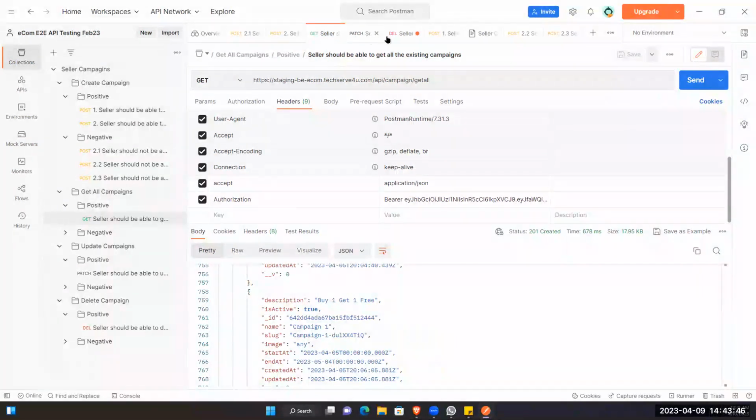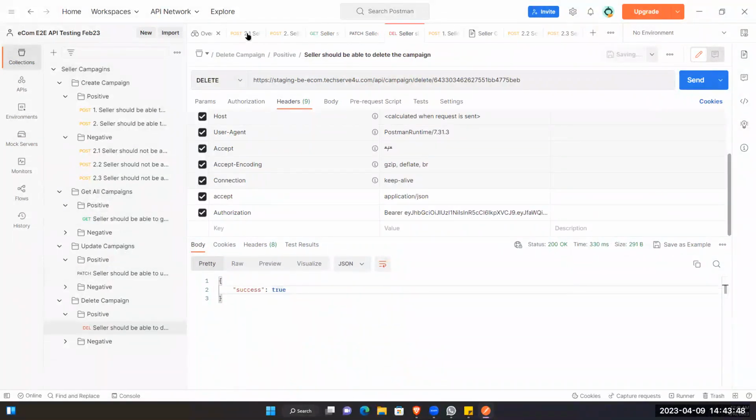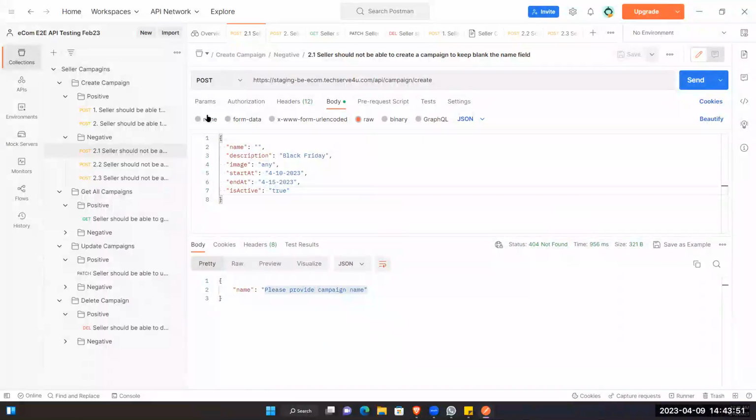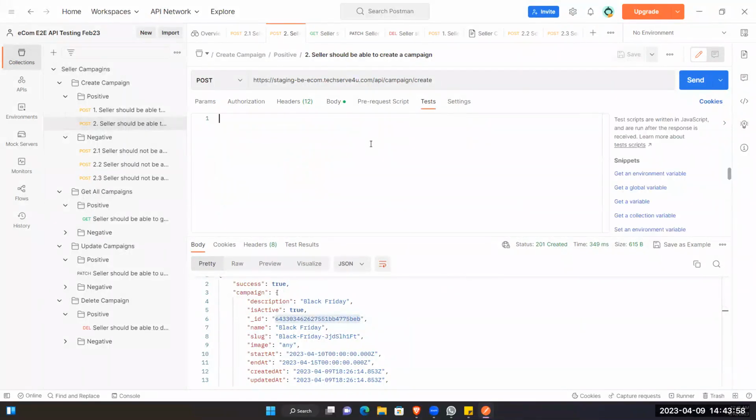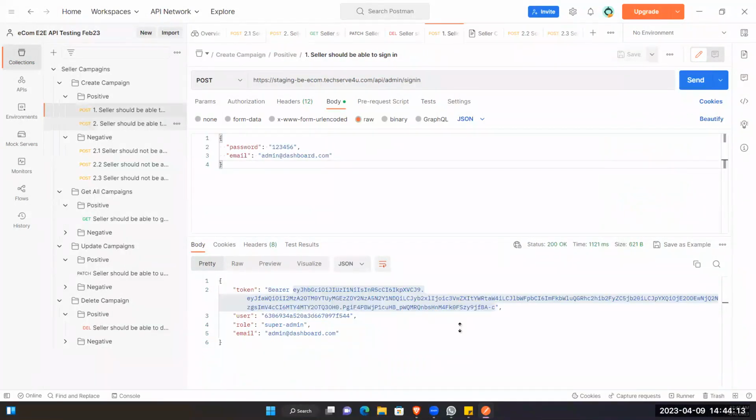Okay, so now if I save all of this, now what we're going to do, let's go to the create campaign again and go to the test section. And now we are going to add some validations here, as well as also we are doing some automation stuff. Like here we can see that we need to pass the token here, right? So we need to get the token from the